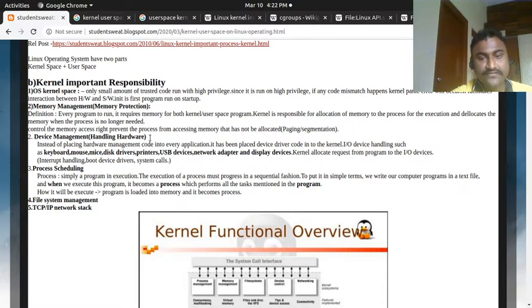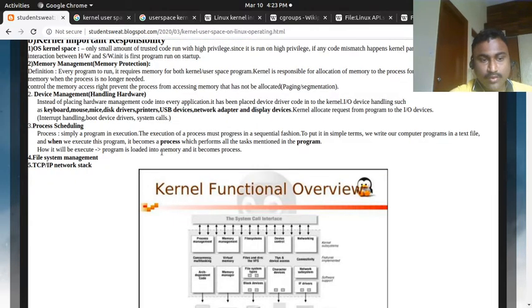Instead, we place the code into the kernel, and that is called device management, or the device driver. For example: keyboard, mouse, disk driver, printer, USB, network adapter, display driver. For everything we can maintain a driver.